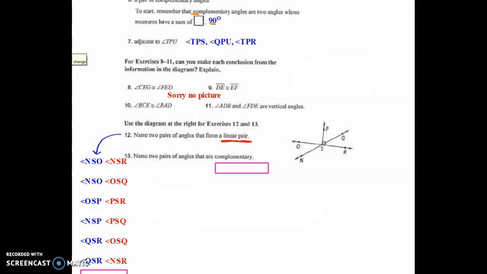And name 2 pairs of angles that are complementary. Well, I see a box here, so it will be PSQ and QSR. And let's move this box away to see if I'm right. There you go. So PSQ and QSR. Number 12, there might be more answers, I don't know, but I only have 15 minutes